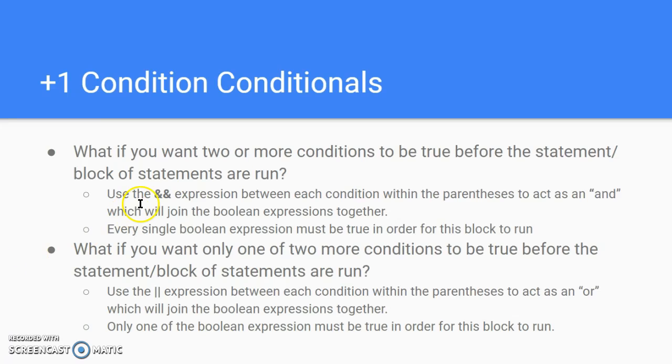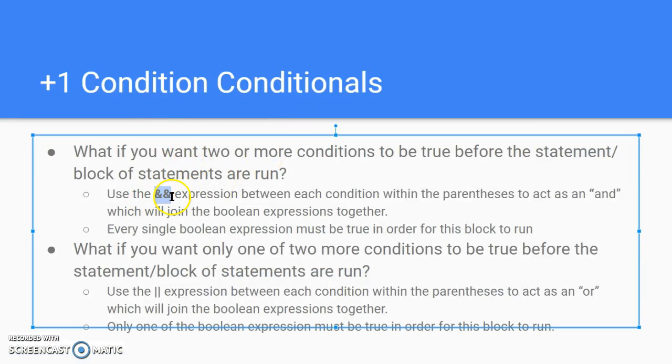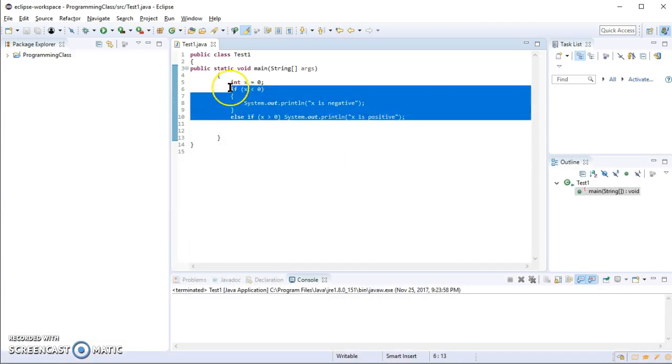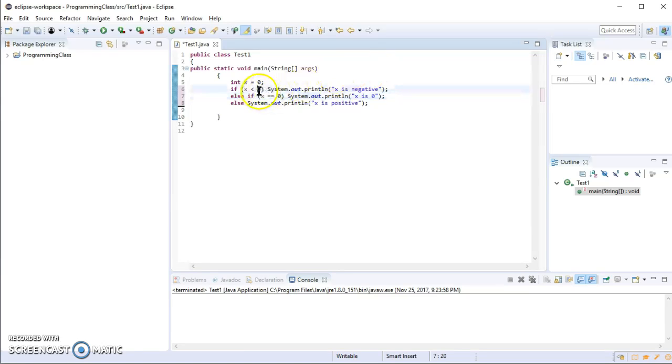Now, what happens if you want to use more than one condition in one conditional statement? Well, you're going to use an AND expression, this thing right here. To do this, I can repeat the same code. Now, you can actually do something like this. If x is less than 0 and x is less than -5, then you can say x is negative and less than -5. Else if